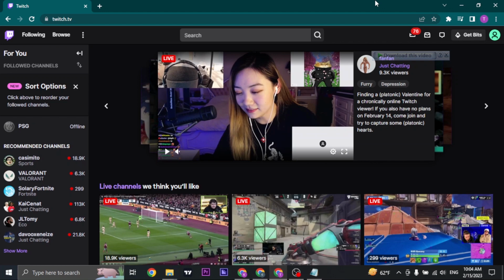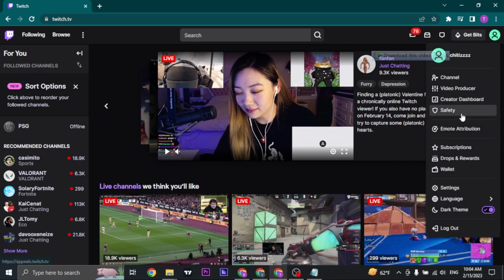First things first, log into your Twitch account on a web browser and then click on your profile icon, which is on the top right. Once you do, a drop-down menu will open up. Click on the settings option,